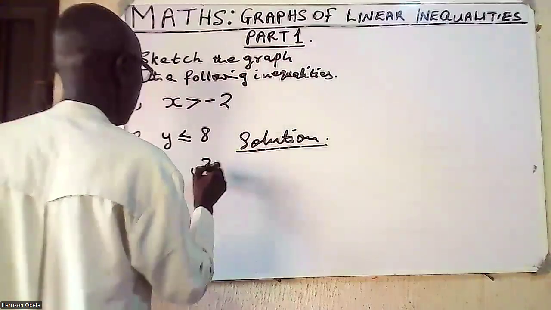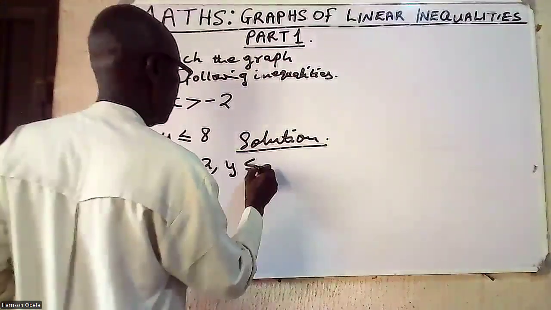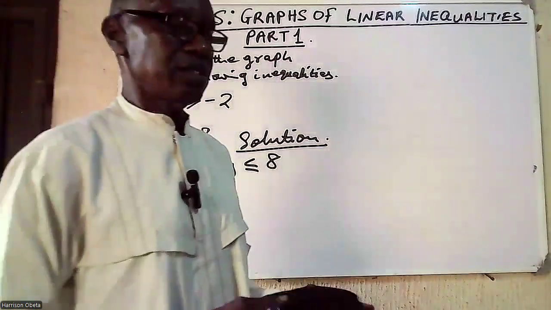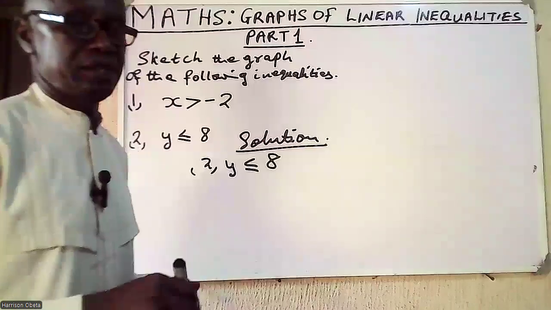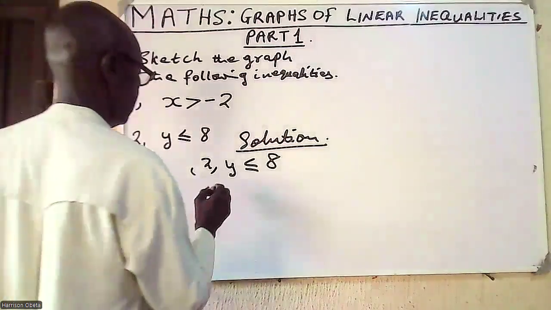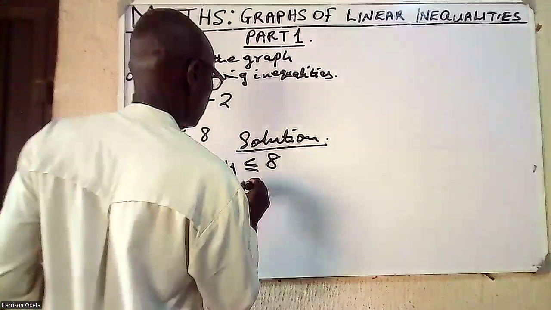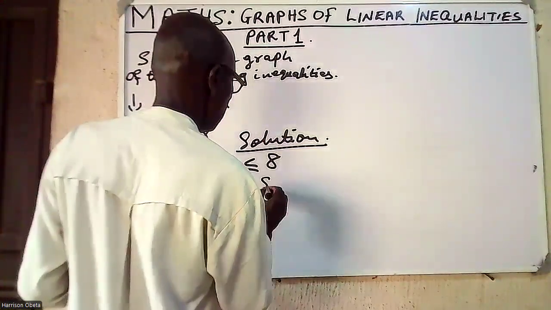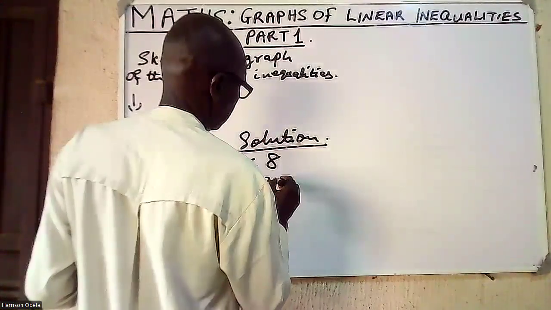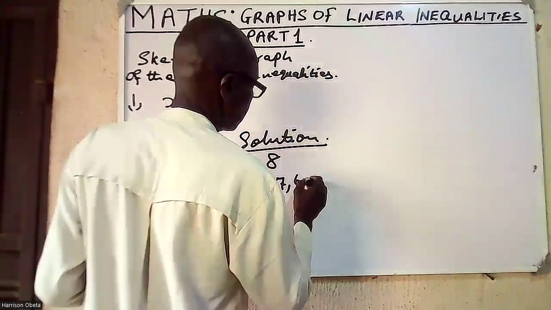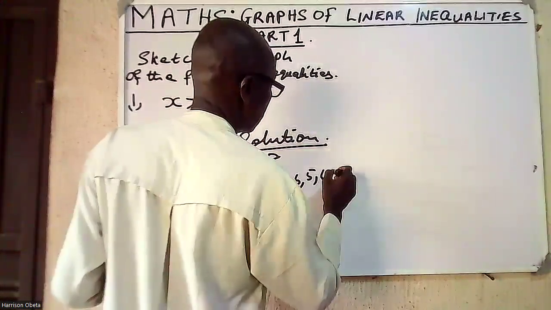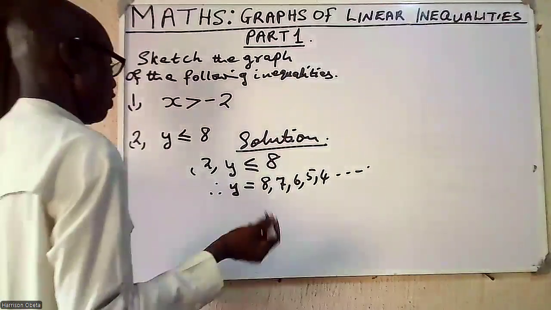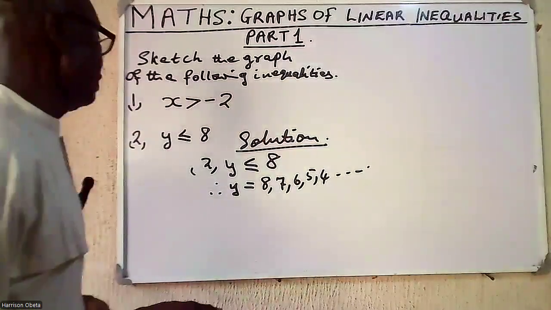Okay, question number 2, we have y is less than or equal to 8. Less than or equal to means that you start from that particular number. And that means that y should be equal to, you take the values 8, 7, 6, 5, 4, continue. That is along y axis. And if we are to represent it on a number line,